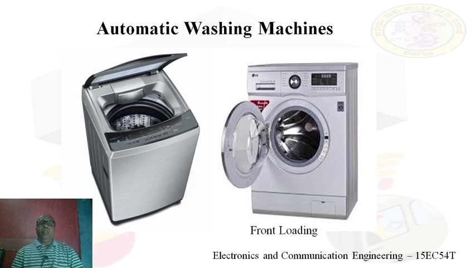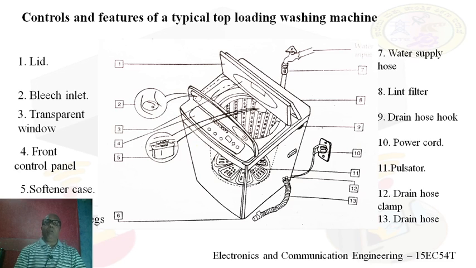As you are seeing in this slide, there are many different versions of washing machines with great advantages coming in the market nowadays. But these two models, one is the top loading model, the other is the front loading model. They are the high end models of washing machines. Today we are going to see regarding these high end washing machines, how they work, how they look like, and what are the different